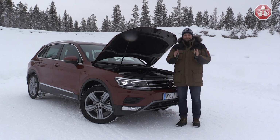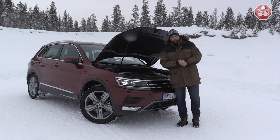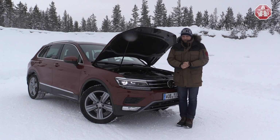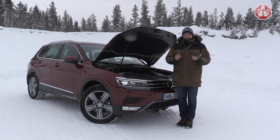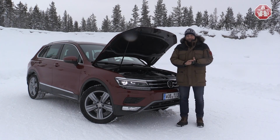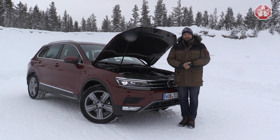So we will see a 115 horsepower diesel, 190 horsepower diesel, and a 240 horsepower diesel as well, while with the petrol engines we will have a 125 horsepower TSI, 1.4 liter by the way, 150 horsepower TSI, another 1.4 liter TSI, and another 2 liter TSI with